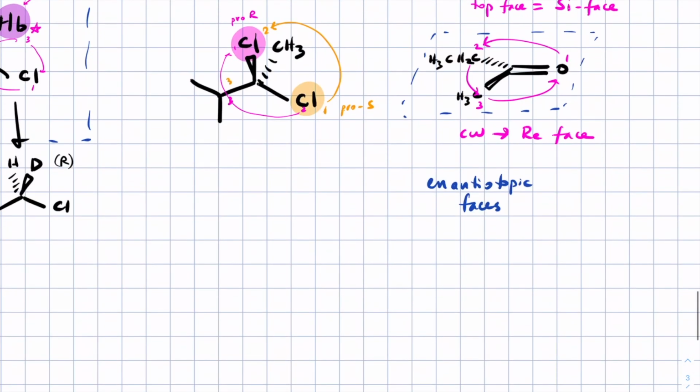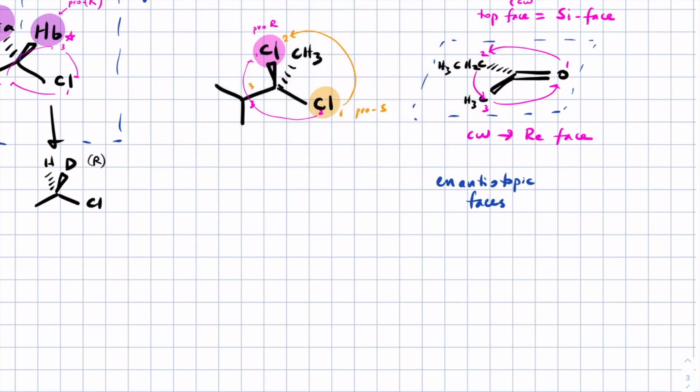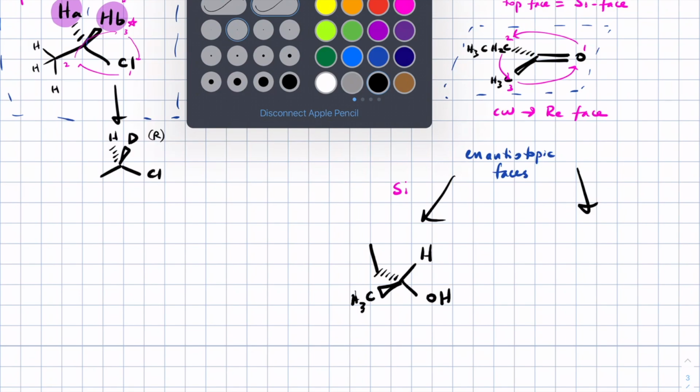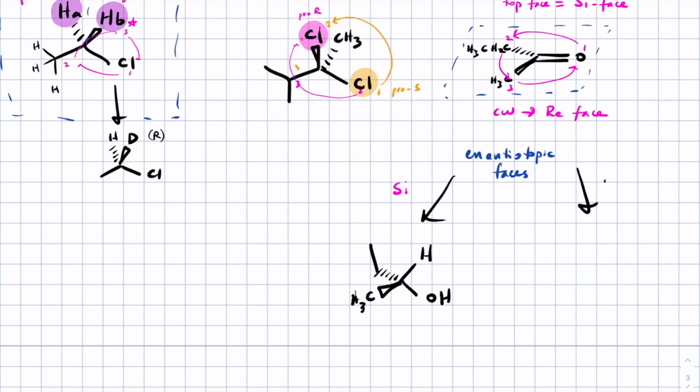These faces are enantiotopic. Why do we care about that? First, if you react from either face, you're going to get, in this case, enantiomers, right? So if we do our lithium aluminum hydride reduction from the psi face, we'll get the following enantiomer. Is it okay if I just write an ethyl group like that? Are you guys cool with that? And then if we react from the ray face,